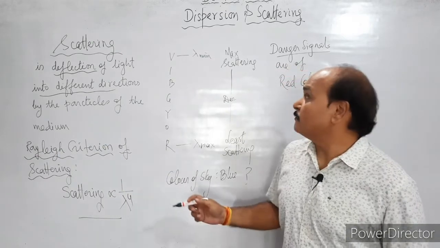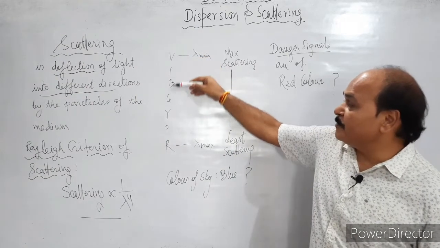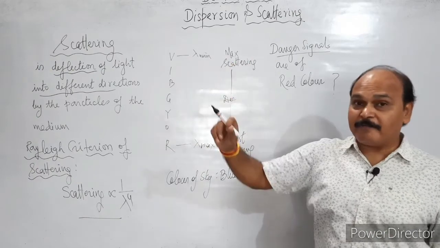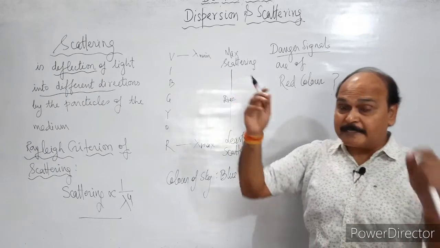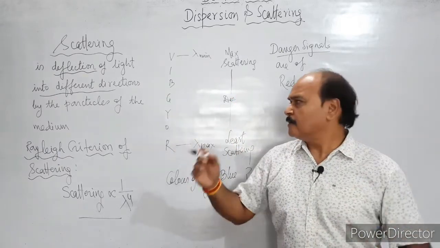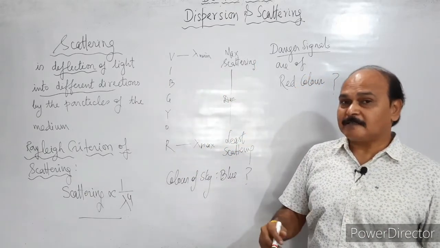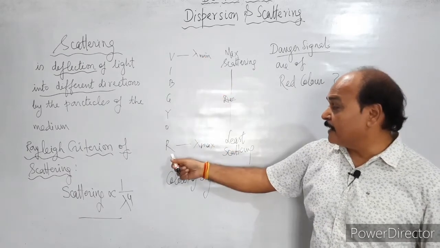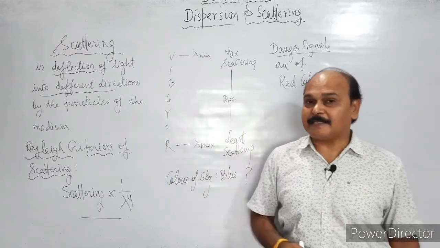Children, we know that white light consists of all 7 colors, V, I, B, G, Y, O, R, and you already know that the violet color has minimum wavelength. Since violet color has minimum wavelength, it is scattered by the medium the most. Any medium that violet color passes across would cause maximum scattering because its wavelength is least, whereas the wavelength of the red color is maximum. Therefore, red color is least scattered.